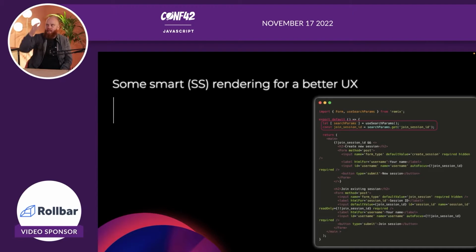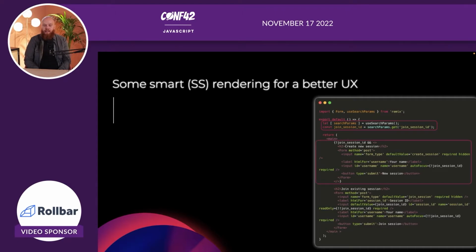And what you get then is that it's going to render this page. Then you're going to check whatever you need to do. And then you're going to maybe update the layout. So you get this flash of content, which is annoying. We can already do this on the server. So this hook first runs when this page is rendered on the server. And there we can see, okay, is there a join session ID param or not?